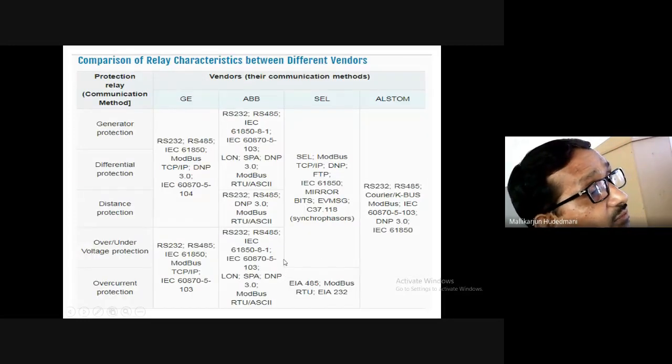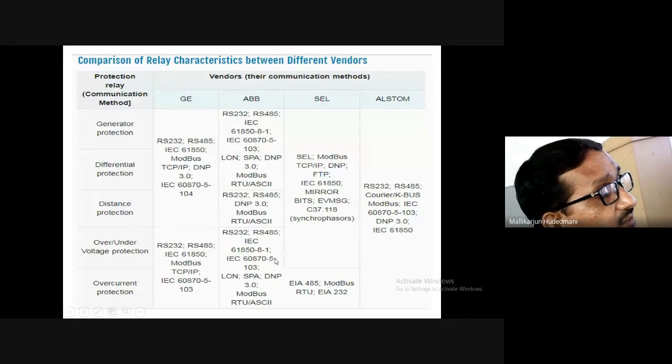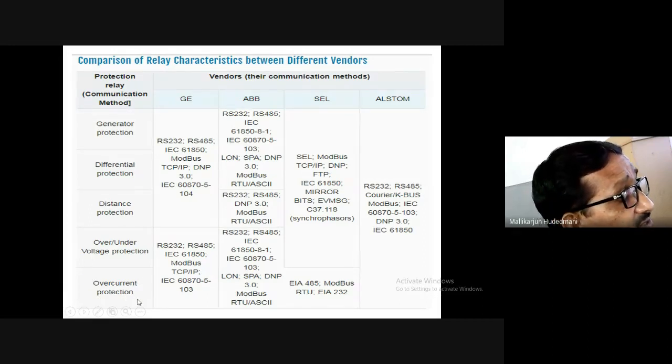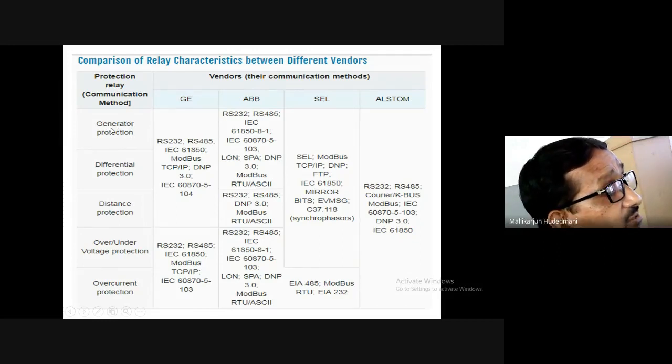Then another thing I have added here is, there are so many equipments in the power system mechanism. It may be generator protection you would like to take up, differential protection, distance-based transmission line protection, over or under voltage protection, overcurrent protection. These are the protecting mechanisms that one would interface in reality to see to it that proper control on the power system is put on.